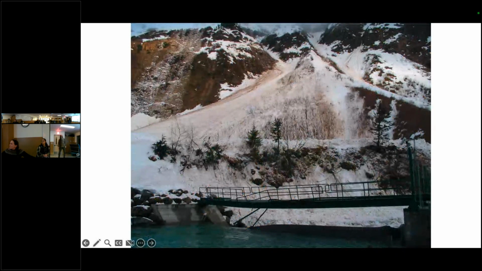This is at Power Creek at the hydroelectric dam. That's right here. And this is 2008. We had an avalanche come down. And this is a steel bridge. It's pretty beefy, and it tweaked that thing. In 2012 snowpocalypse, that thing got bent even more to the point that CEC just removed the whole bridge.